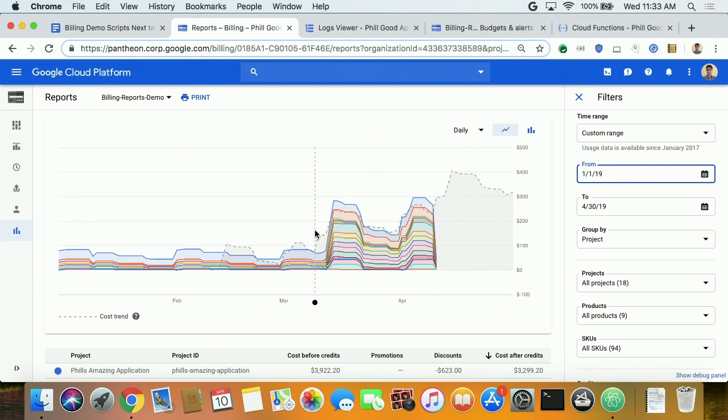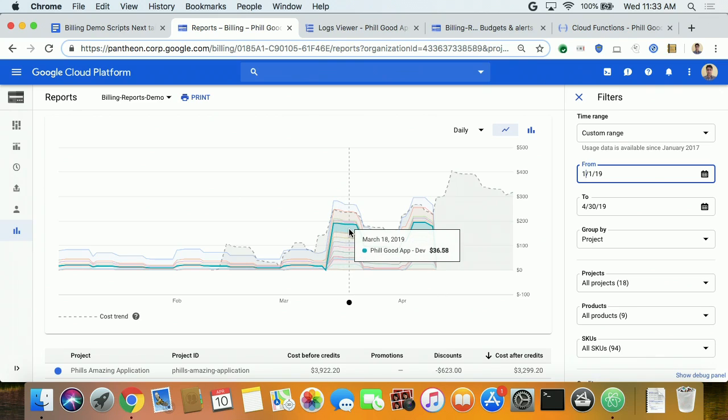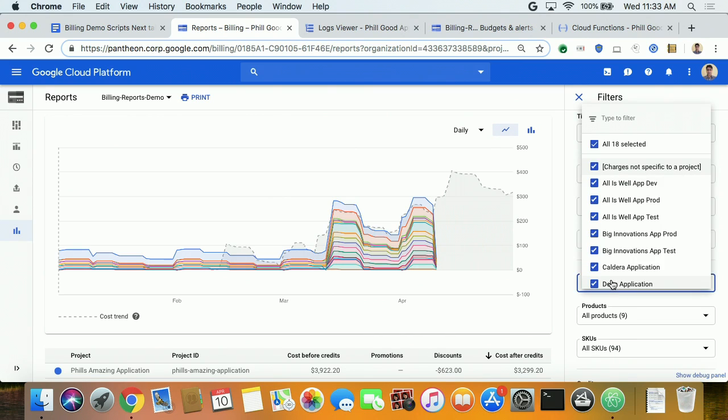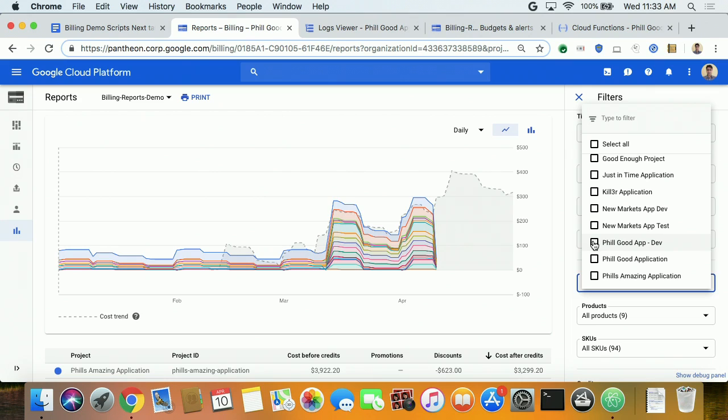So the nice thing about the quick slice and dice ability of reports is now you can start to answer some real questions really quickly, even operational ones. So one thing I might want to know is I see that the Feel Good app dev suddenly started having usage. It didn't have usage before, before mid-March. So I might want to focus just on that one and say, well, where's that spending coming from? And why is it getting started? So if I focus on that,